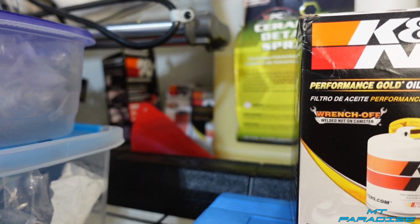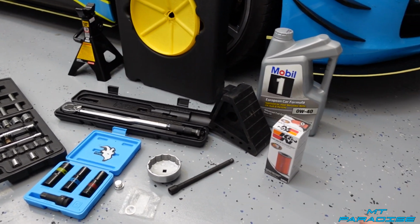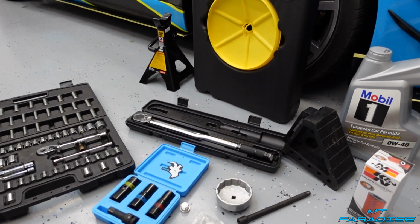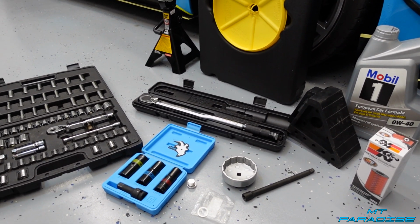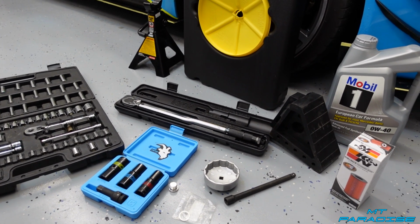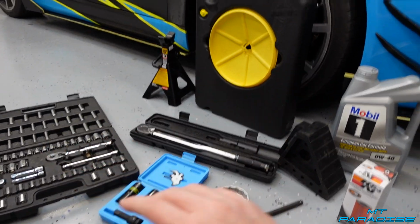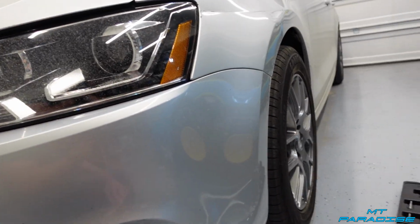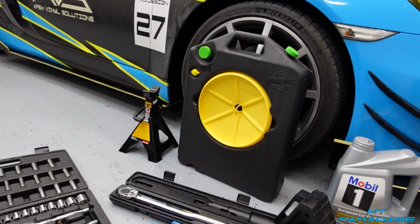Alright guys, so when it comes to the cost of, let's say, an oil change, I have all of the stuff that you can see right before me, and it looks like a ton of stuff, and it's going to be super expensive, but the majority of this you might already have, and if you don't, it's going to be stuff that you use time and time again on any car. I use the majority of this stuff on my Porsche, but also on my Jetta. So a lot of it, for example, the oil catch pan,